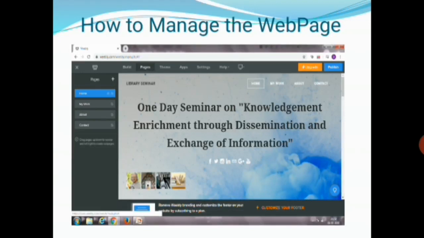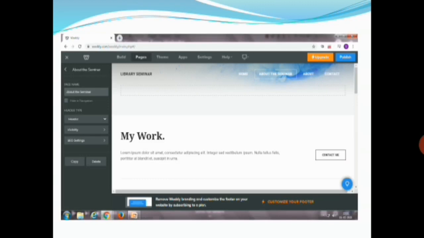And the next one is your website will be upgraded. So your web page will be finished at the time of editing mode. So now you can see the top side: home, my work, about and contacts. If you want to edit this, like home and about the conference, about the college, you can simply select the page button. So page is available in the top side. So you can click the page and now you can easily change the name to about the seminar.